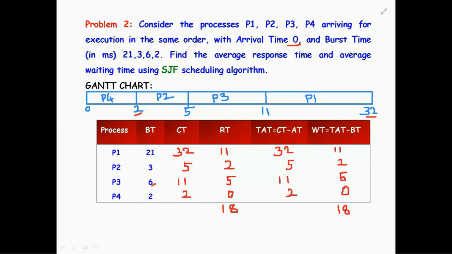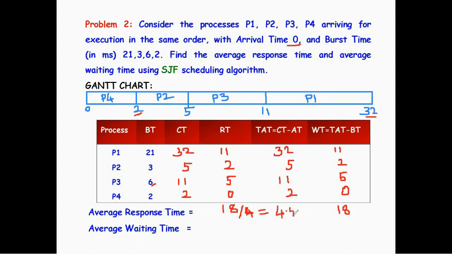Now average response time is equal to sum of response times of all the processes divided by total number of processes. So it is 18 divided by 4, which is equal to 4.5